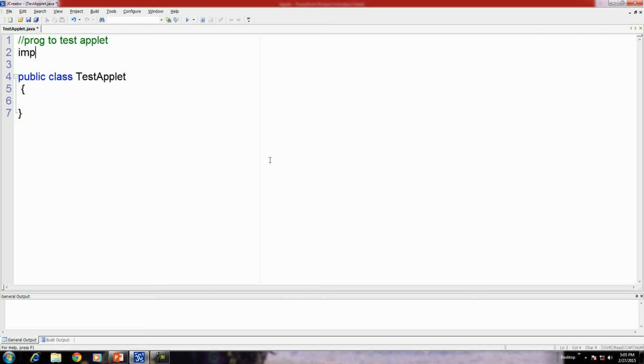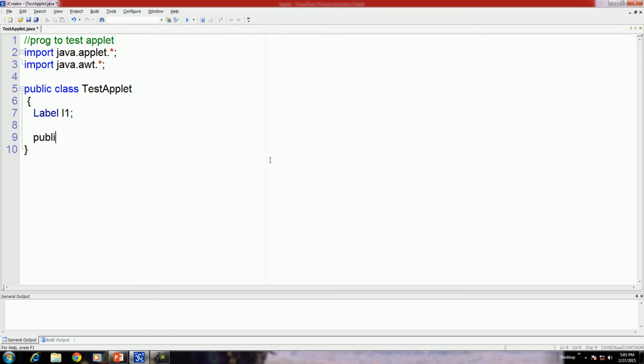You have to first import the package java.applet.*. Here we need one label, therefore we import java.awt. Your class will be public. Design a label here, suppose L1.